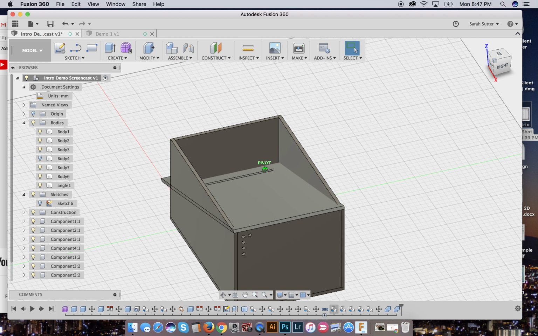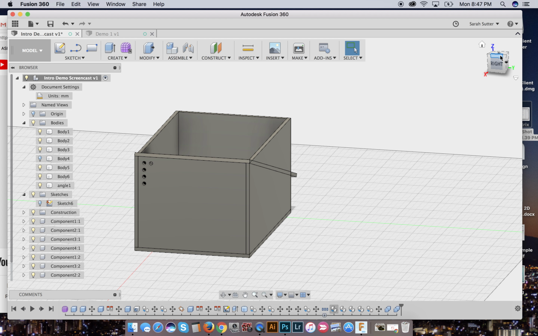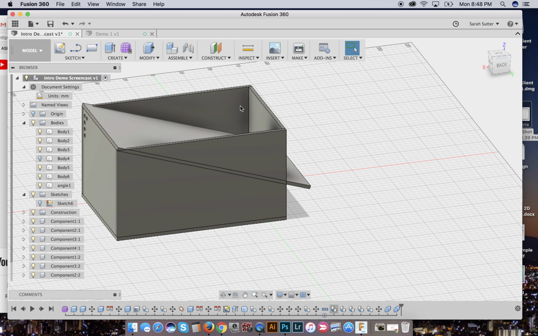Okay, so there are my holes in my amp because I want that nice wooden piece in the front with the holes in it. So that could take you a couple minutes. That's an option. All right. One other thing while we're here, I don't really want the top of the box, the excess tall parts. So I can